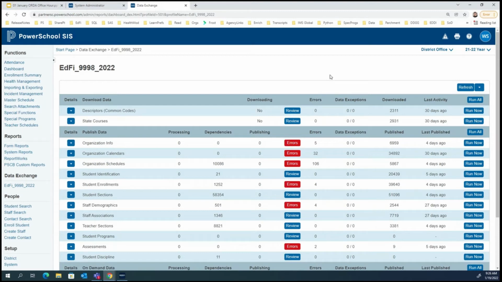Those descriptors are downloaded to your PowerSchool instance when you click that Run Now button. Then all the different values for the fields in PowerSchool are checked against those descriptors, and if the mapping exists between the PowerSchool value and the EdFi descriptor, then the data is moved up to the ODS and translated to the EdFi descriptor.